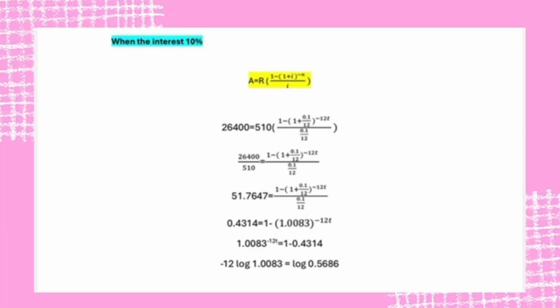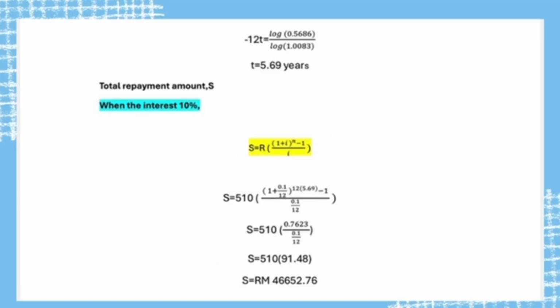So when the interest is 10%, we're still using the annuity formula, which is A equals R, 1 minus 1 plus i power of negative n over i. So we substitute all the values but change the nominal rate to 0.1, and then we're still using the same way, and then we get the time, which is 5.69 years. So for the total repayment amount at 10% interest, we're using the formula S equals R, 1 plus i power of n minus 1 over i. We substitute all the values, change the time value to 5.69 years, and then we calculate, and then we get the final answer, which is